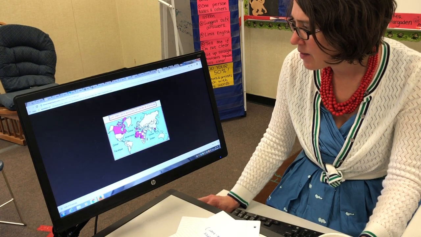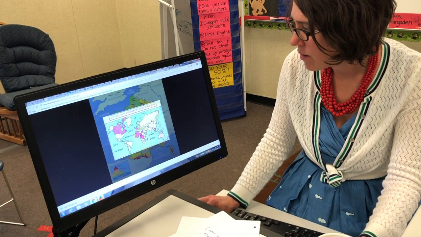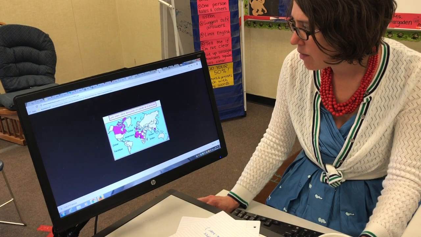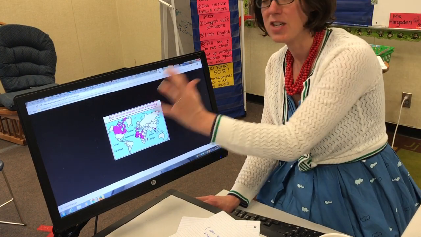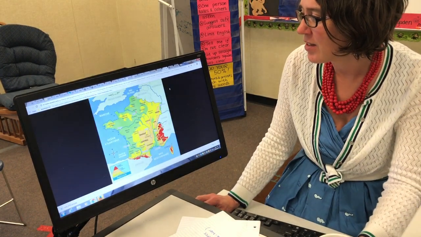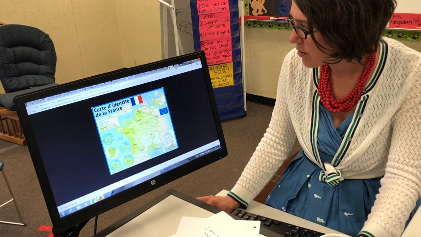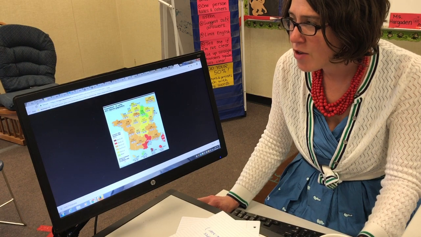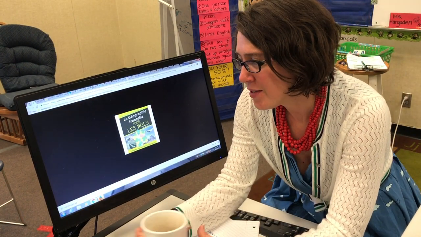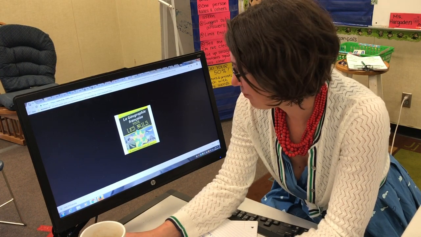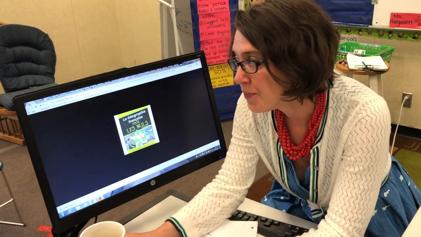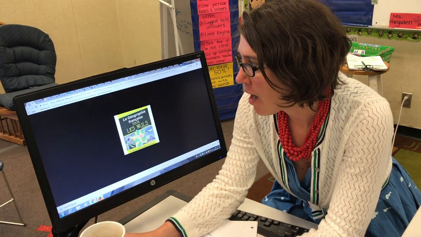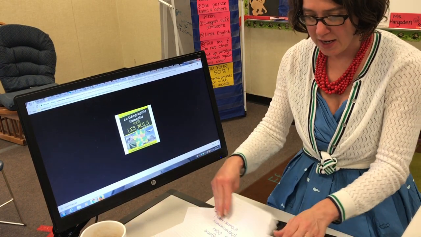I thought I would talk about other countries where they speak French, and then maybe we'll have time to look at some of these pictures of France, hexagonal France. I'm not sure. But anyway, what I just wanted to say is that this took me about 15 minutes of my prep time, and I also made this little